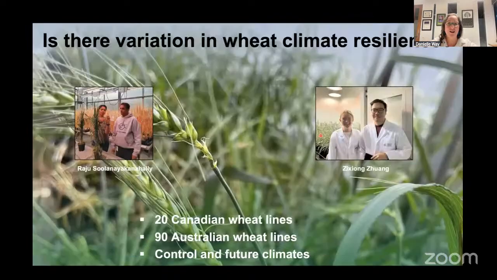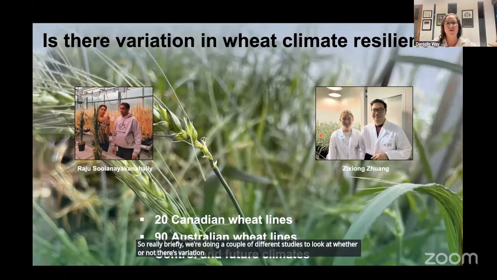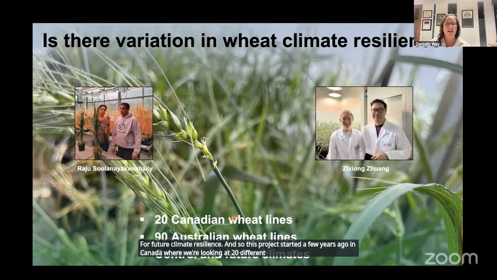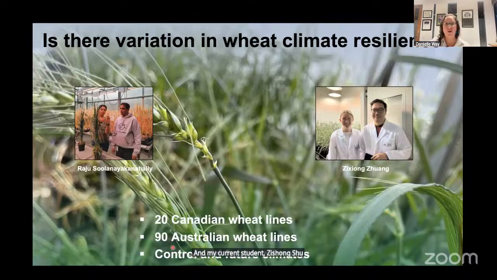So really briefly, we're doing a couple of different studies to look at whether or not there's variation in different wheat varieties for future climate resilience. This project started a few years ago in Canada, where we're looking at 20 different Canadian wheat lines. That's in collaboration with Raju Sulanayakanahali from Agriculture and Agri-Food Canada. He's a government scientist there. And my current student, Zhizhong Zhuang, is looking over last year and this year at 90 different wheat lines